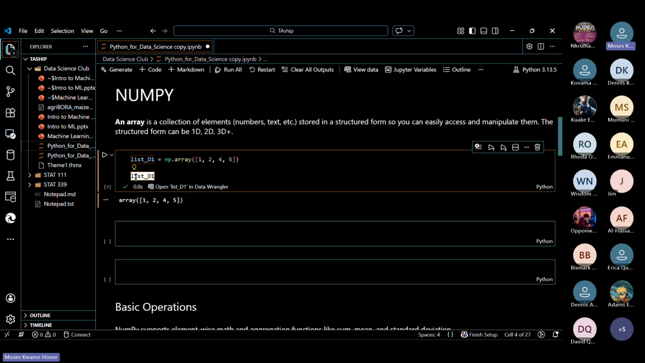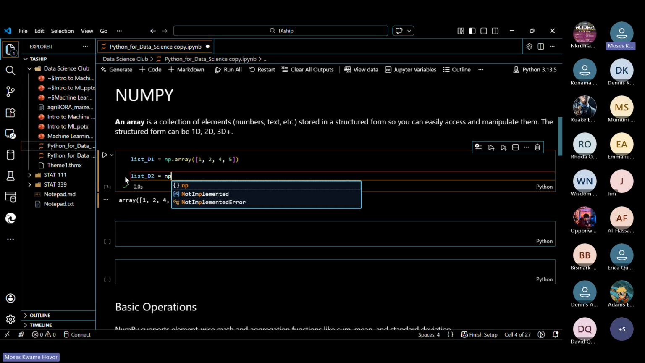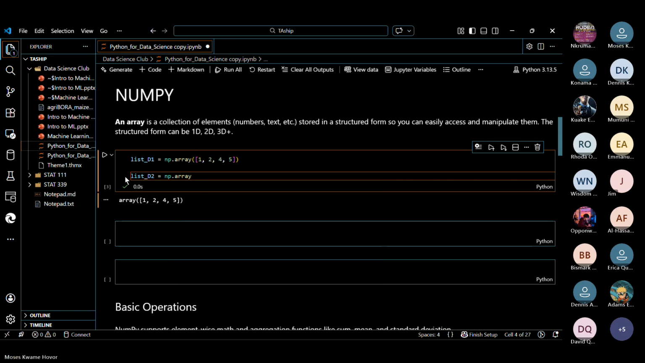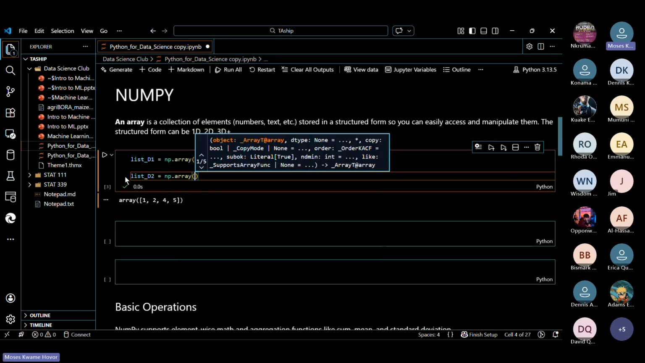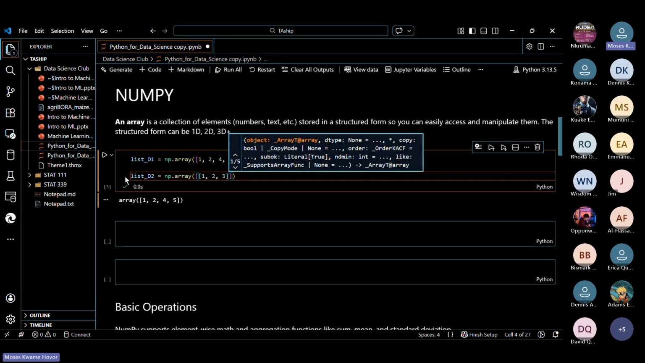And we can also create a matrix which can have 2 dimensions. How are we going to do it? So we're going to have a name of the variable. We're going to call it list underscore d2. We're going to have np.array again. Then we are going to create it, and look at how I'm creating it with the 2 dimensions. You see that I have to open a very big square bracket before putting,